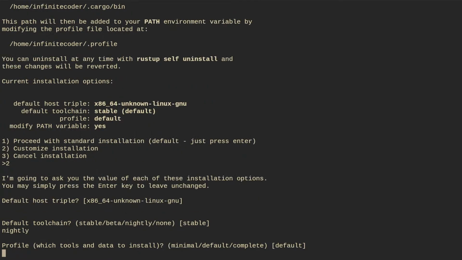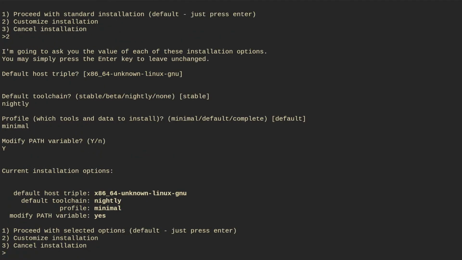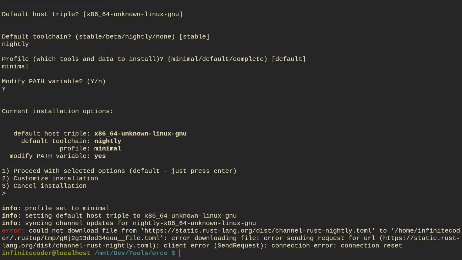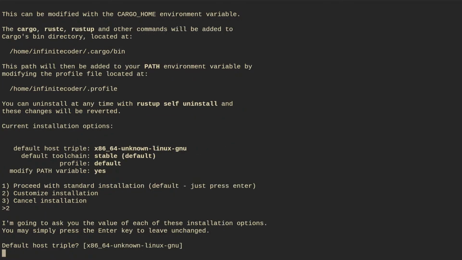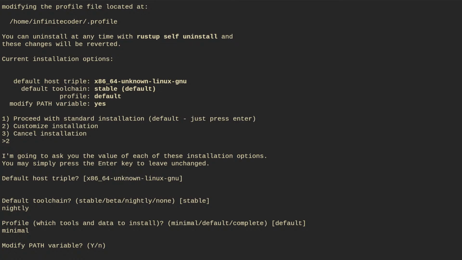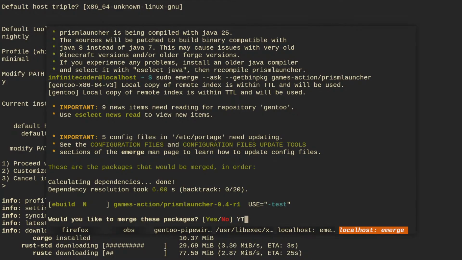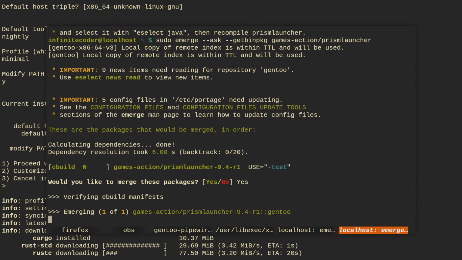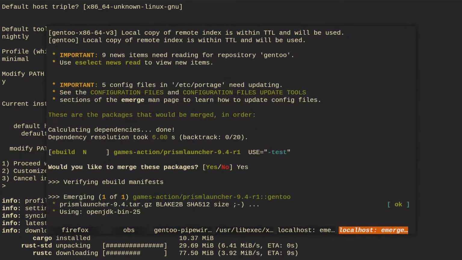Yeah, nightly. Minimal. Yes. Huh? Connection reset. Oh, right. Yes. Customize this, nightly, minimal. Yes. Proceed. This time it works. So emerge this from bin packages. We don't have tests in bin packages, but well.